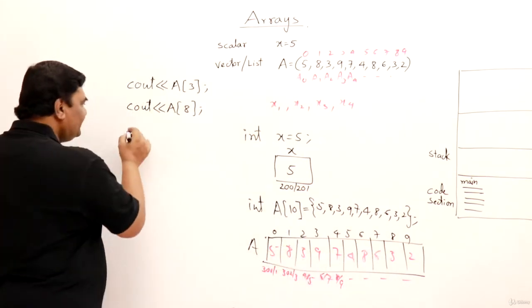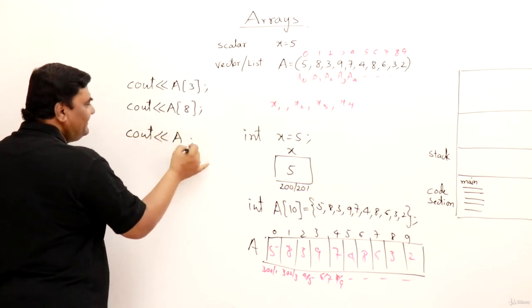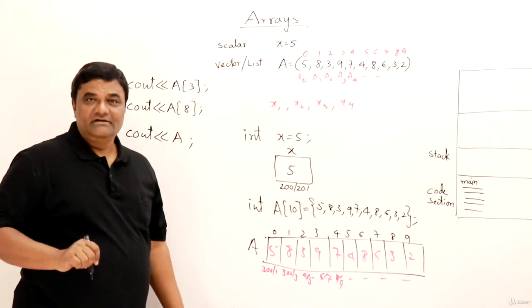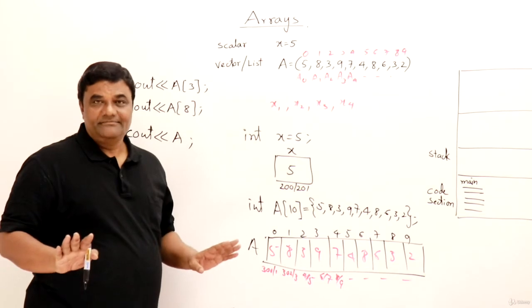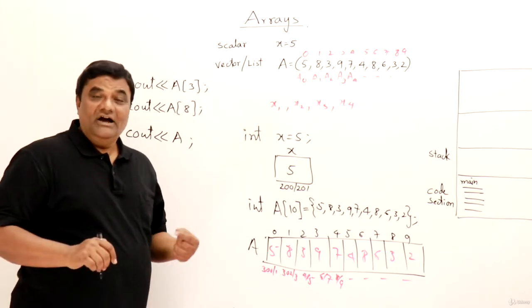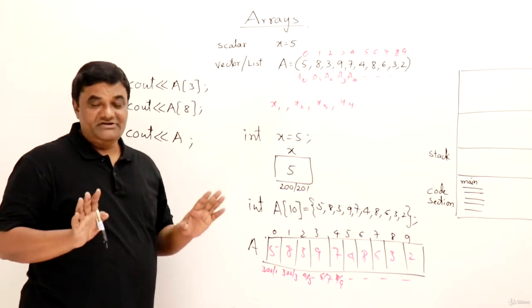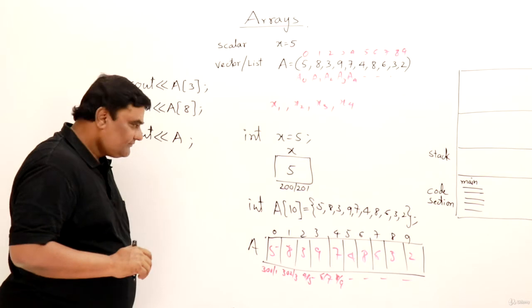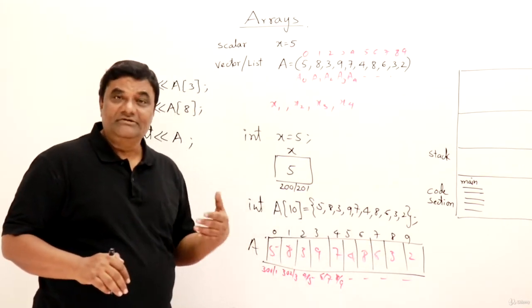And one more thing. Students ask this or they get confused here. If I say cout A, it should print the whole array. No, it will not print the whole array. If you say cout A, it will not print the entire array. Right? Remember this. You have to print each and every element one by one separately. Whichever one you want you print, or if you want to print all, you can print all of them. Now I'll explain to you how to print all these elements one by one.